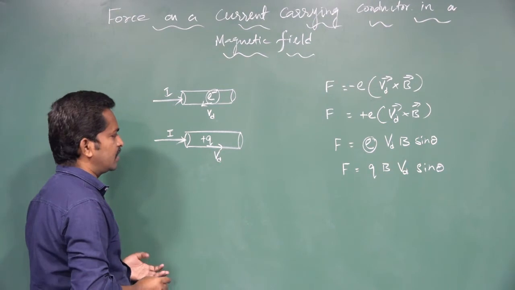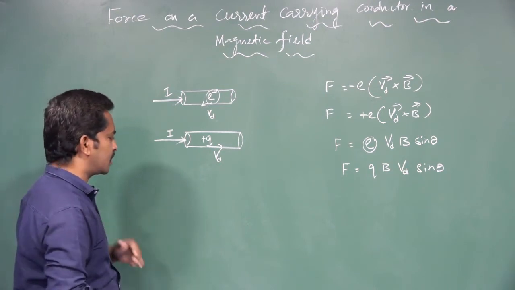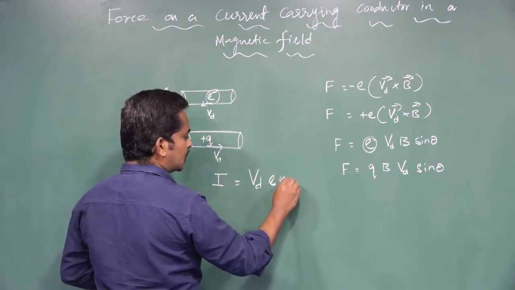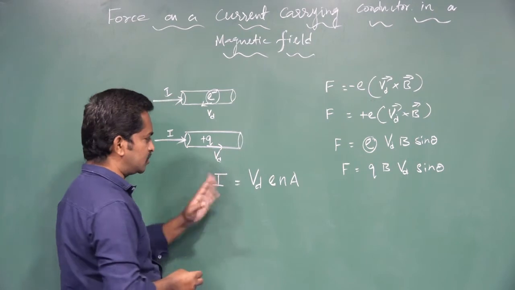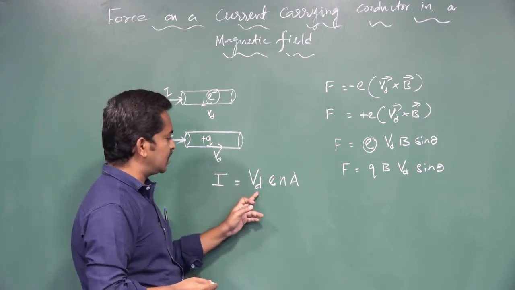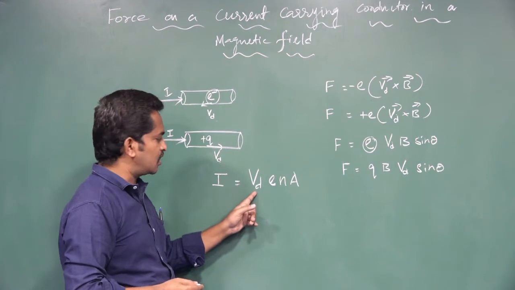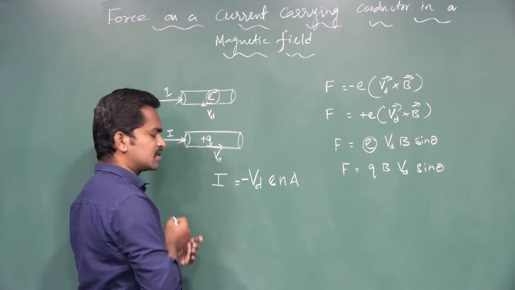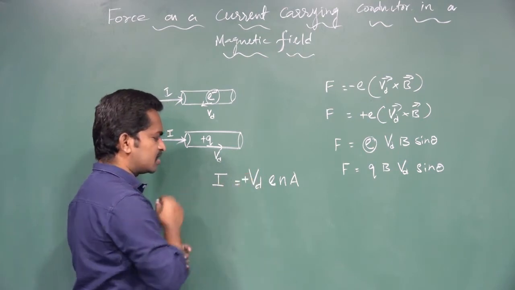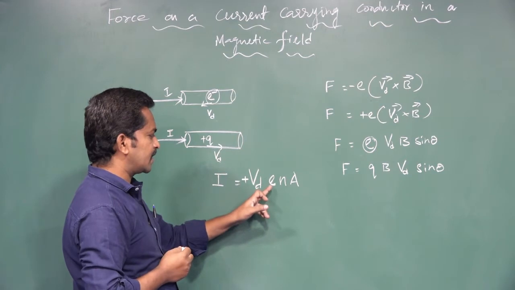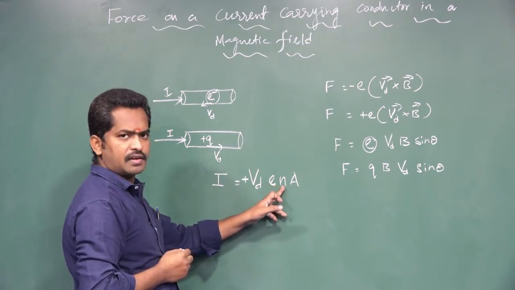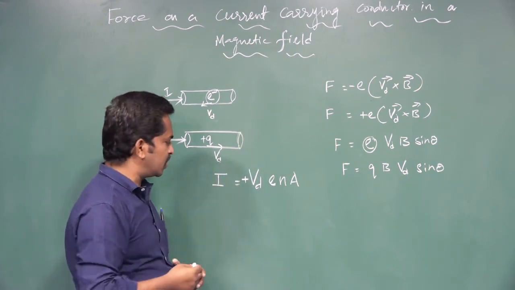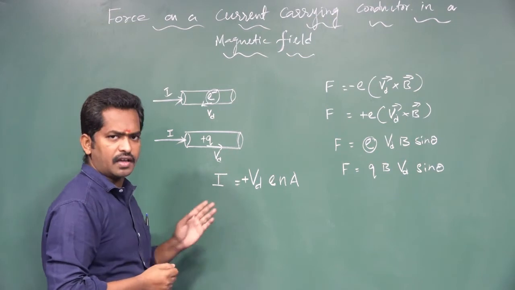What is the relation between drift velocity and electric current? I is equal to V d e n A. Vd is the drift velocity of the charge, electron or positive charge. If the charge is negative, the sign is negative. If the charge is positive, the sign is positive. n is the number of electrons per unit volume, and A is the area of cross section of the conductor. What is the relation between drift velocity and current? I is equal to